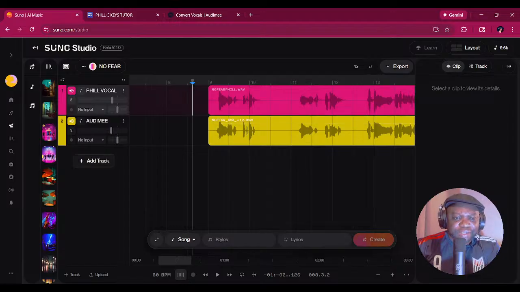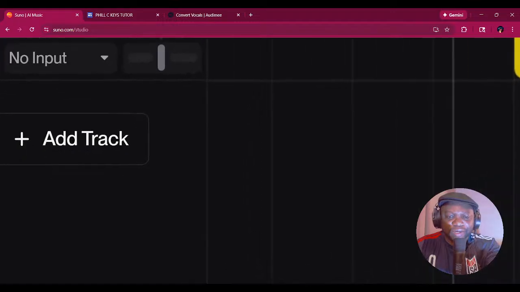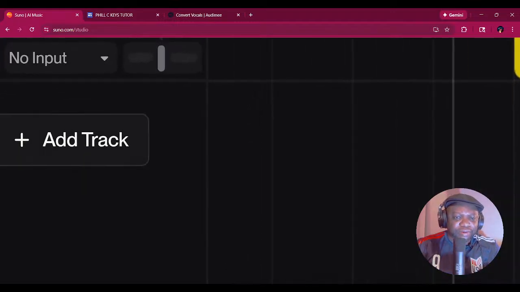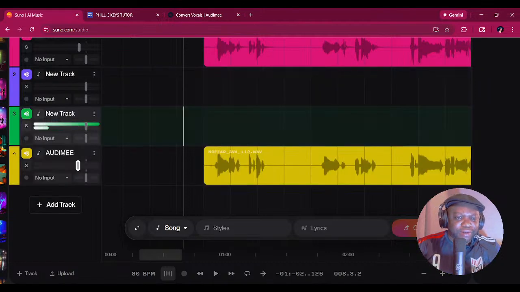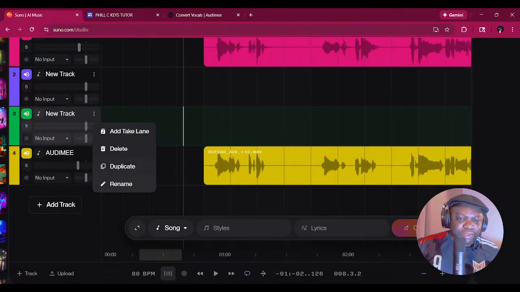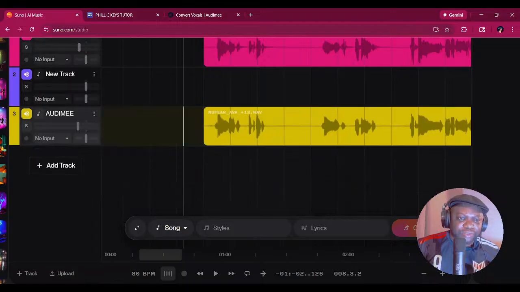So I'm going to add a track. We click on add track right over here. When you hit add track, it adds a track. Oh, I added 2 tracks because I clicked it twice. So let me get rid of one. And let me just drag this one up.